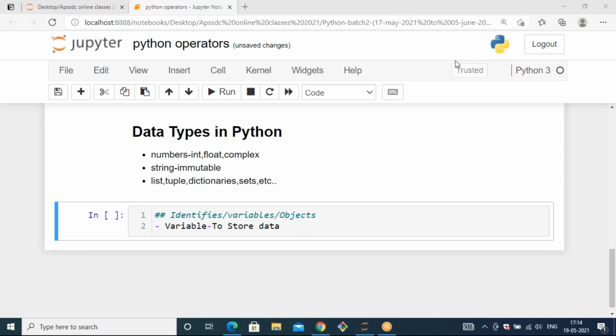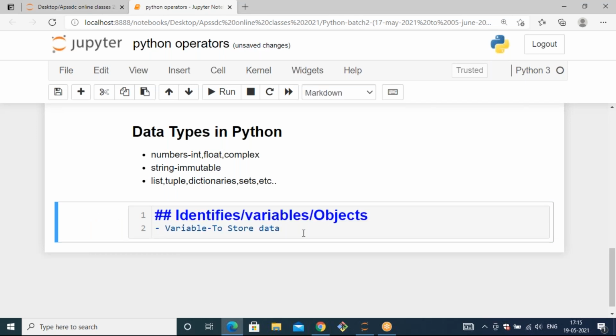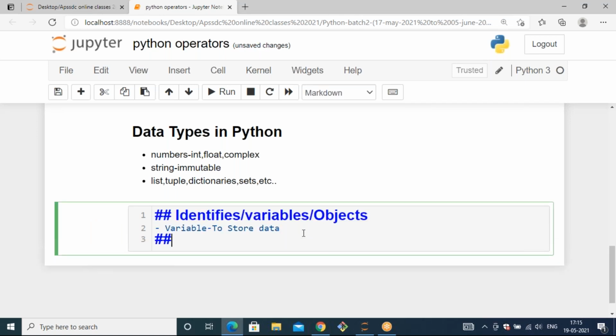It is a valid name in Python given to variables, functions, classes, methods, modules, and packages. Finally, the variable is to store the data. And to define a variable, we need to follow some constraints here.